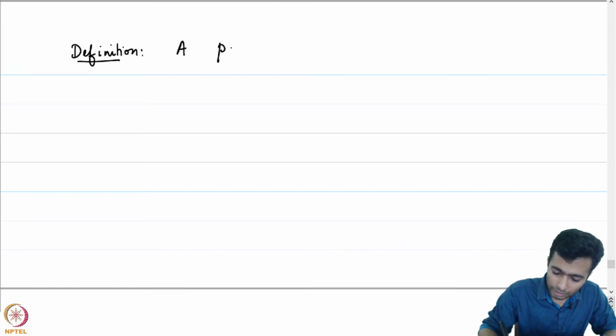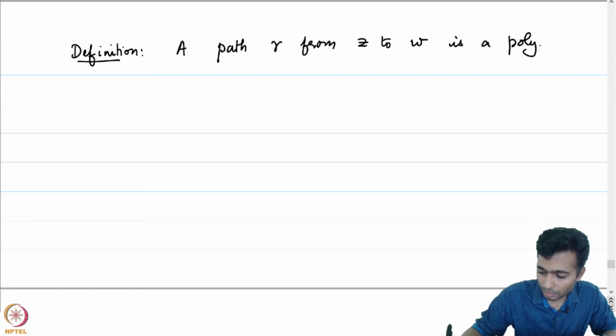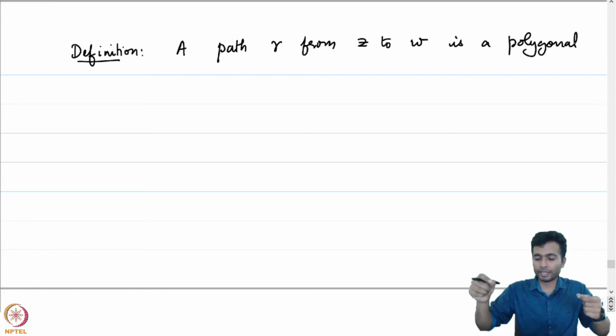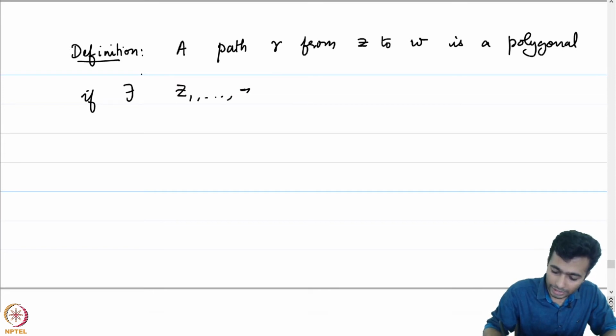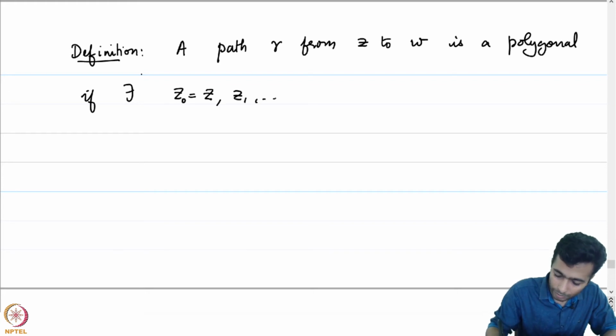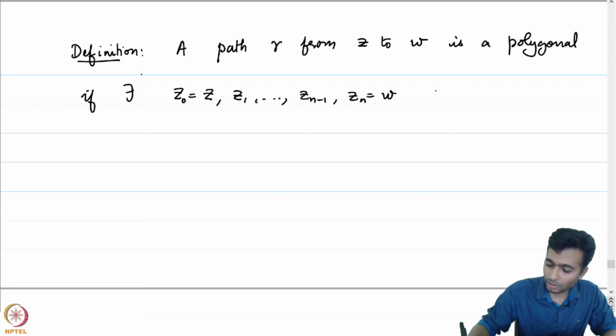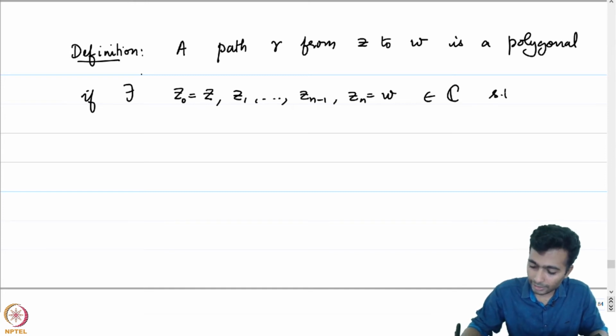A path gamma from z to w is a polygonal path if it is obtained by concatenating finitely many straight lines. That is, if there exist z0 equal to z, z1, up to zn minus 1 and zn equal to w, again points in C, such that